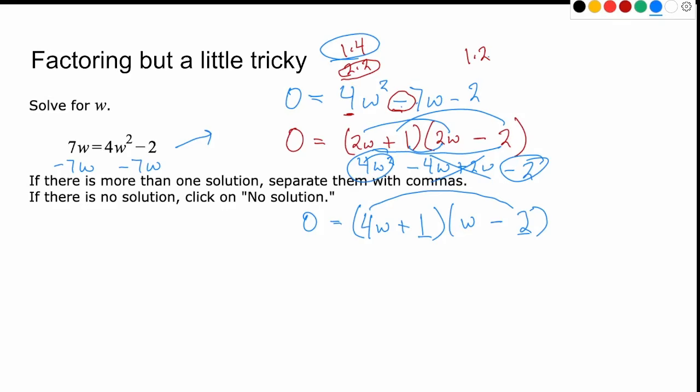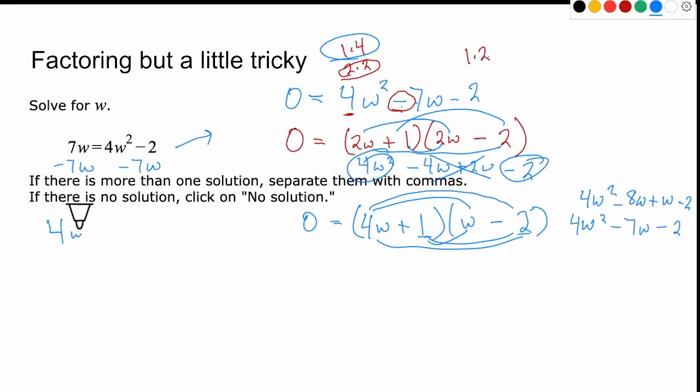So let's just FOIL it out. 4 times 1 gives us 4w squared, right? That's that one. If I take the outer, I get our minus 8w. Inner, I get plus 1w. And then the last, I do get my negative 2. And that gives us exactly what we wanted to get. We get our negative 7w in the middle. And so that's what we want to work with. Now that I've messed this up a bit, I'm going to rewrite it over here. But that's the tricky part of this, getting the right combination. And as you practice a little bit, you hopefully will get better and better at it.